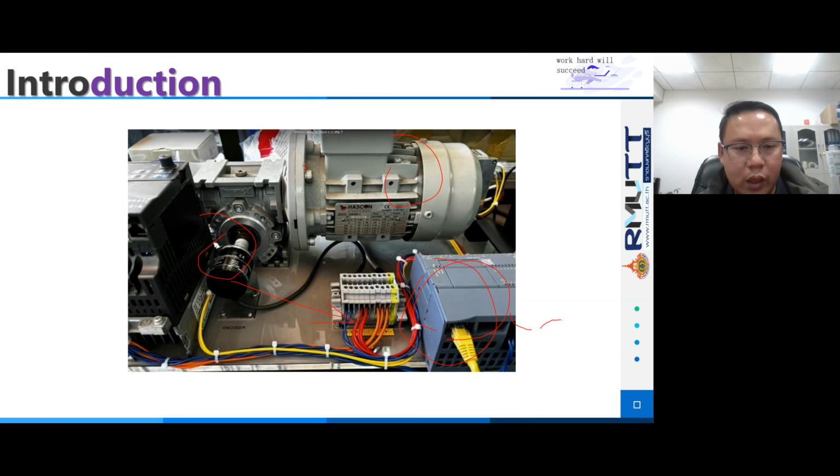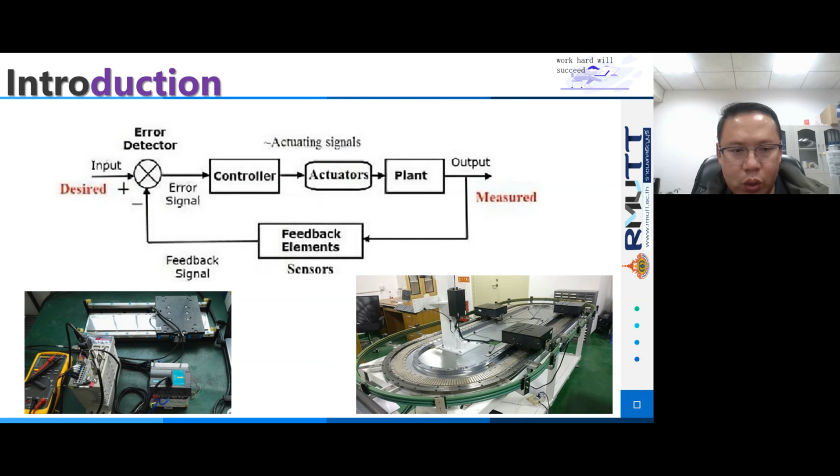Okay, that is how the closed loop control system for a rotation system works. Next, I will introduce the closed loop control system for a linear system. A closed loop control system for a linear system is designed to control and maintain a desired linear position,